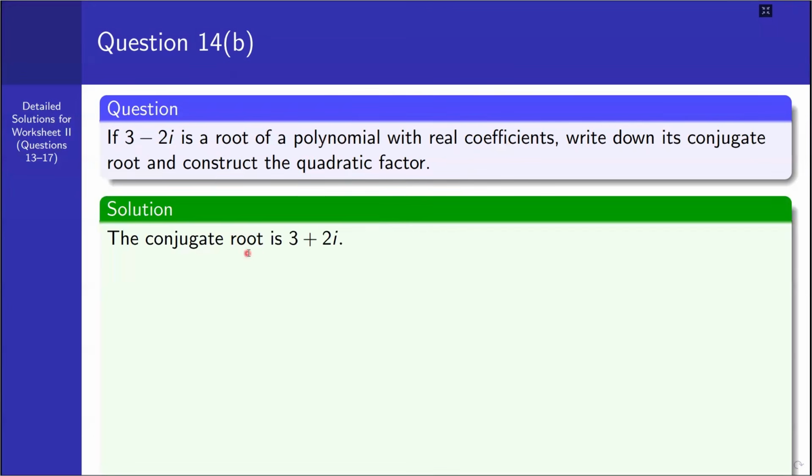Okay, first, the conjugate root is 3 plus 2i, which is the complex conjugate of the given complex number, which is 3 minus 2i. So using the factor theorem, if 3 minus 2i is a root of a polynomial function, x minus (3 minus 2i) must be one of the possible linear factors of the given polynomial function. And again, from the conjugate root of the same polynomial function, 3 plus 2i, therefore x minus (3 plus 2i) could be the other possible linear factor of